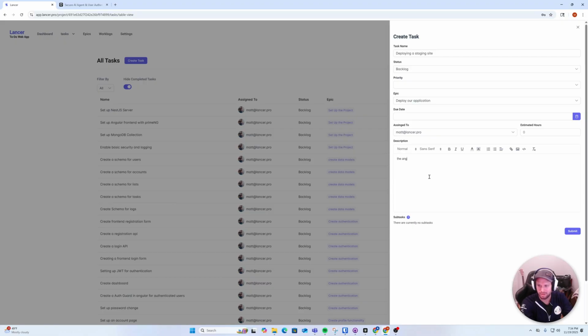So the Angular app will need to be deployed on an AWS Amplify staging environment, and the Nest.js server will need to be deployed on an AWS App Runner application. We're just going to copy that, submit,